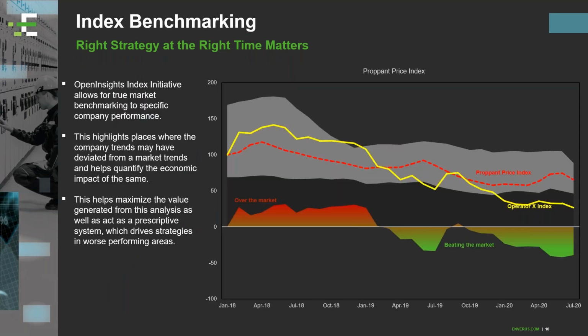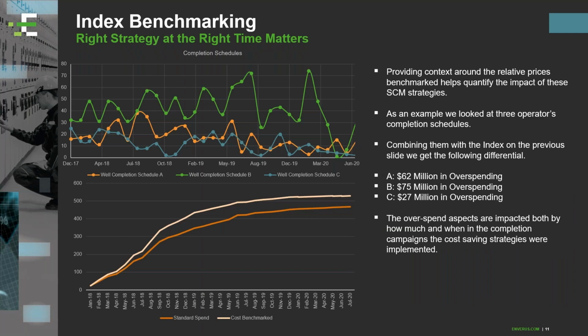And so what we find is that in all 3 cases, even after the operator spent, if I go back to the last slide, roughly the last 10, 11 months beating the market, they still end up cumulatively overspending because they haven't recovered that delta, right? Because there was so much activity in early 2018, that overpayment stays there when you look at the cumulative perspective. And while I know every year budgets are different, and nobody's looking at 2018 spending to account for 2019 spending, I think what this tells us, more importantly, is why being proactive is important, right?